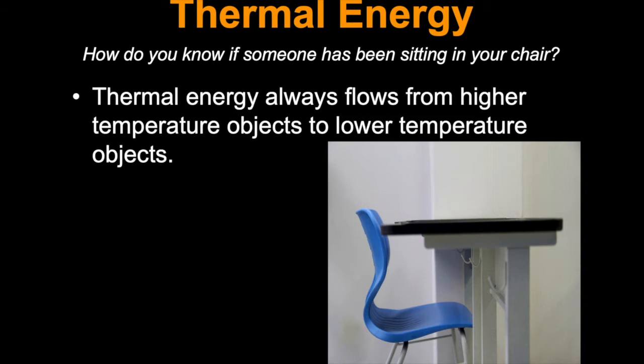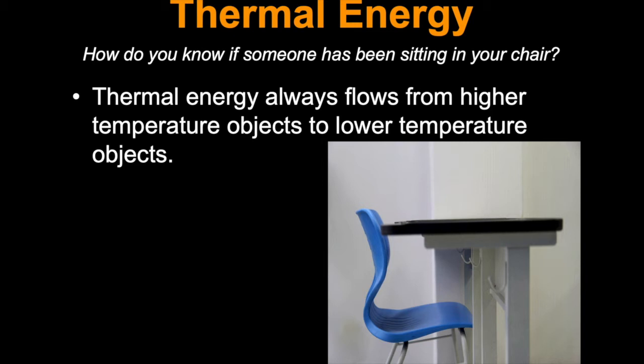The chair is going to be warm because thermal energy follows this general rule that it is going to flow from higher temperature objects to lower temperature objects. So if you think of the human body, we have an internal temperature of about 98.6 degrees Fahrenheit. Your skin temperature varies a little bit, a little less than that, maybe around 80 degrees Fahrenheit. So obviously, you are typically going to be a hotter object compared to that chair that is just sitting at room temperature, so around 72 degrees Fahrenheit. So you, the higher temperature object, are going to transfer energy, your thermal energy,